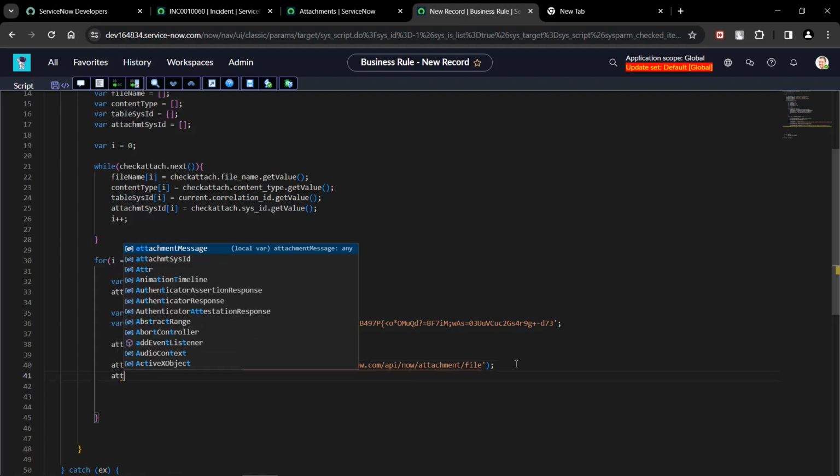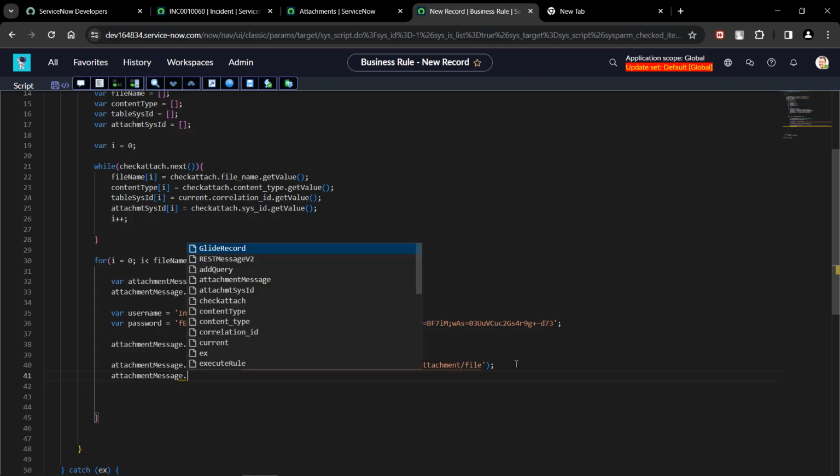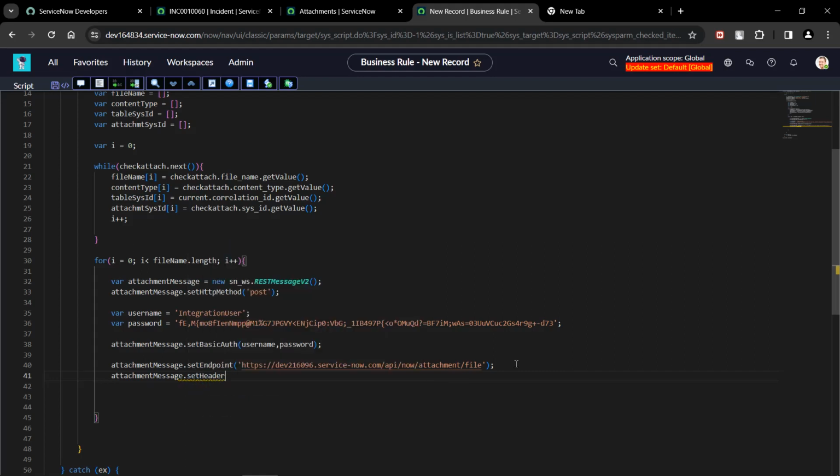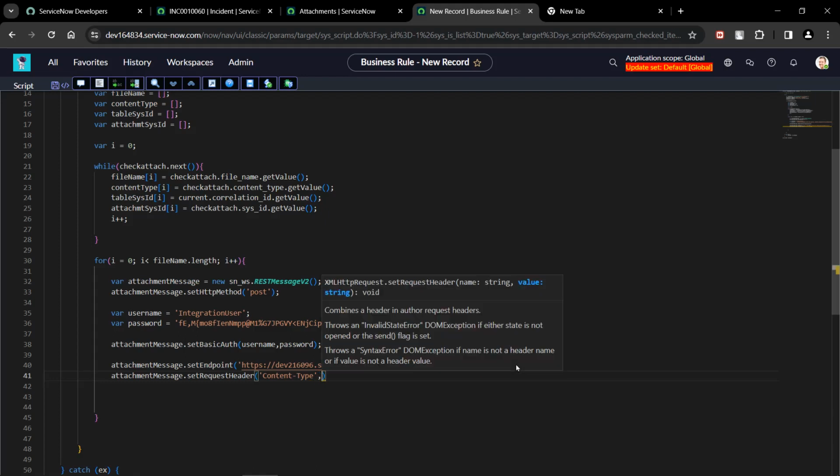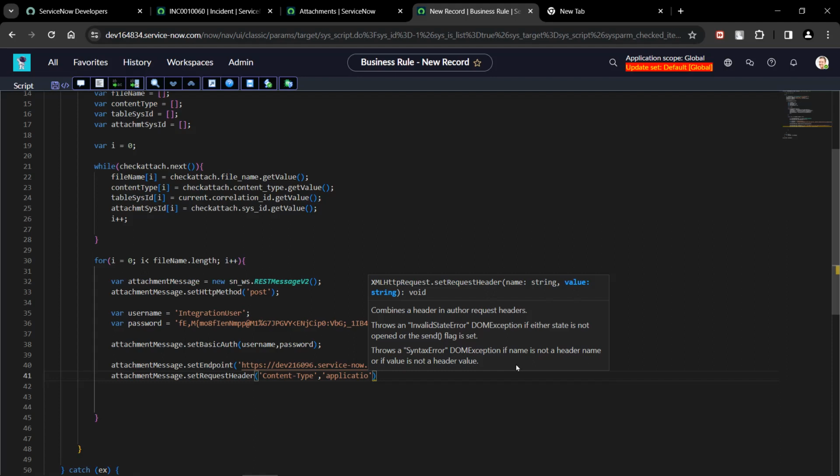Attachment message dot set header is like a request header. Okay, set request header. Headers are nothing but content type and application JSON. Content type, irrespective of the REST message method, definitely you are going to use these basic ones. Application JSON. Okay,